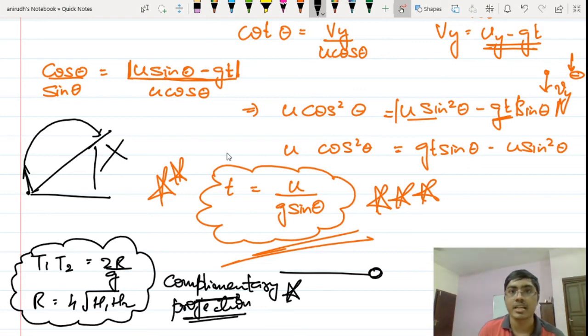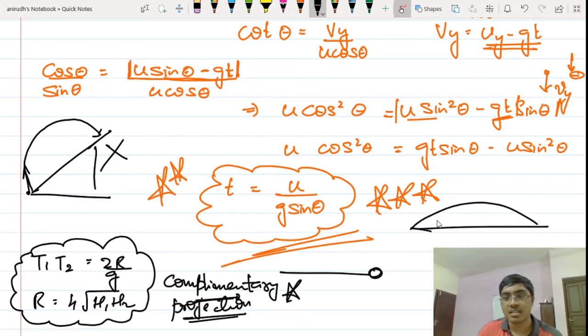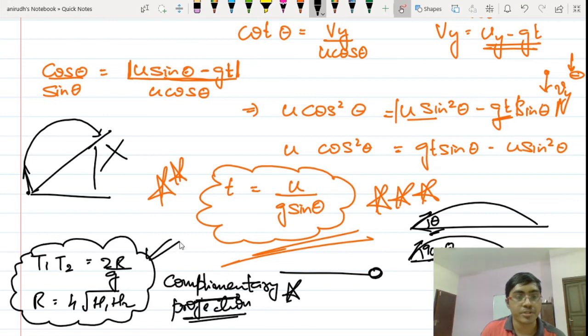We have completed everything regarding horizontal projection here, and I had made a video consisting of two absolutely standard questions, very good questions from the topic of horizontal projection. Now we have complementary projection. That means two projectiles are there. If this is theta 1, the other projectile is projected at an angle of 90 minus theta. So this angle and that angle are complementary to each other. Then you will be solving the questions based on these two equations. Fine.